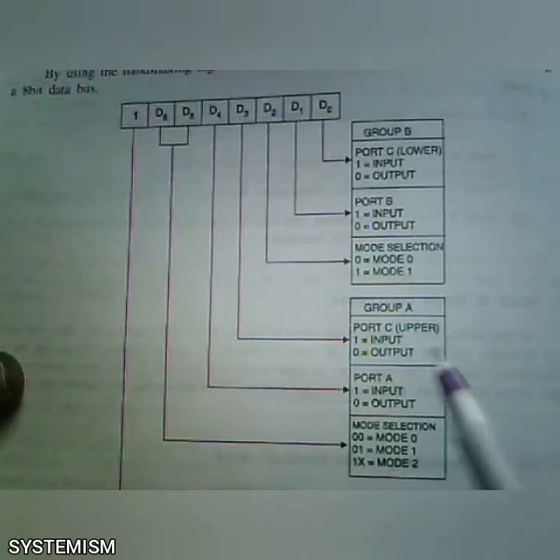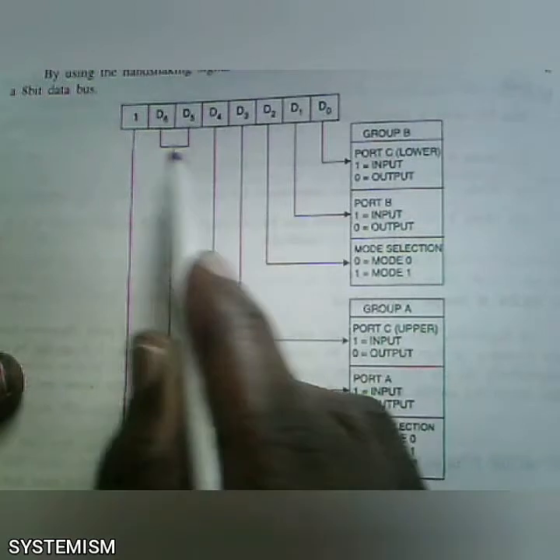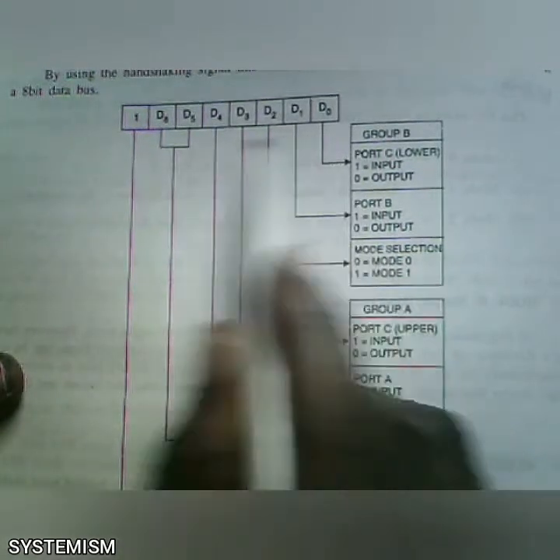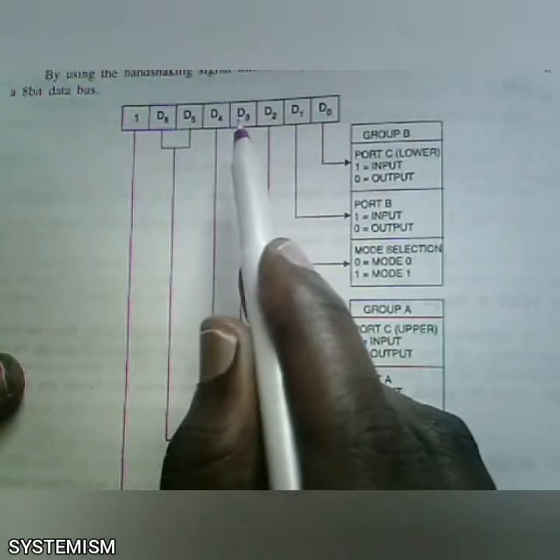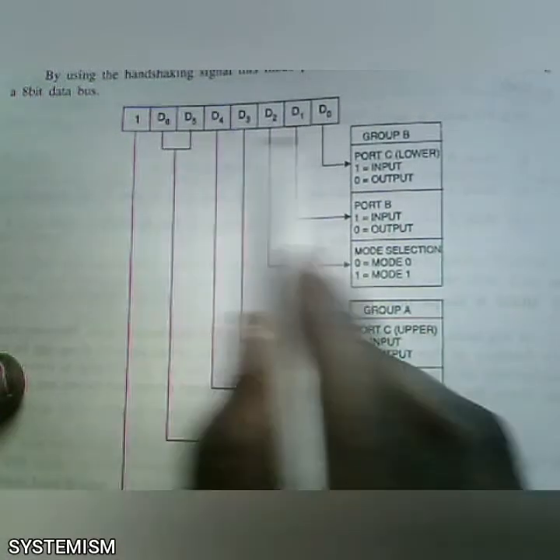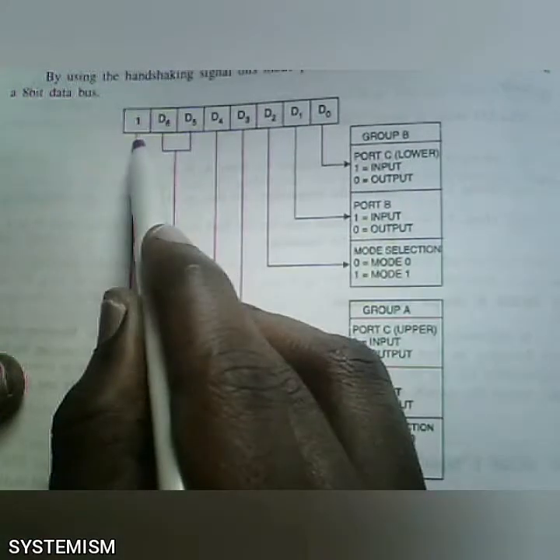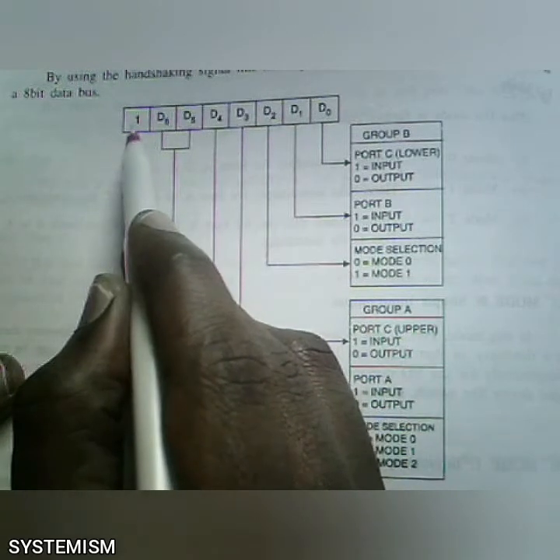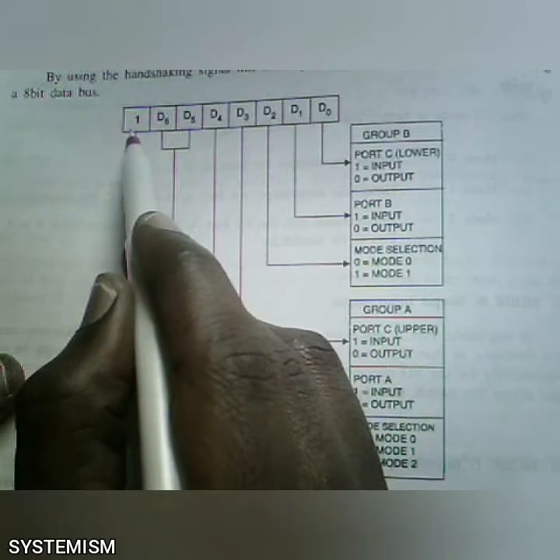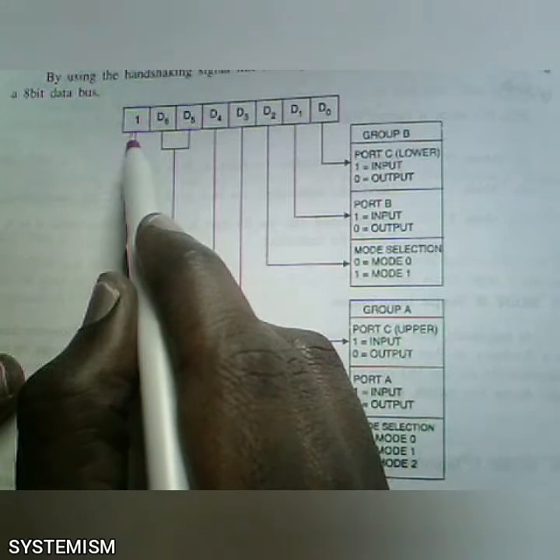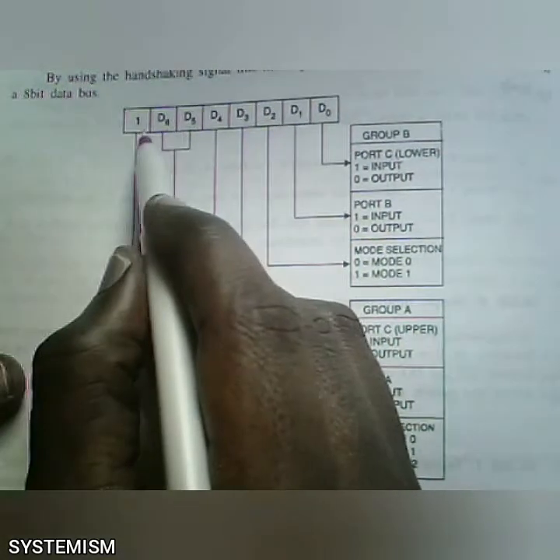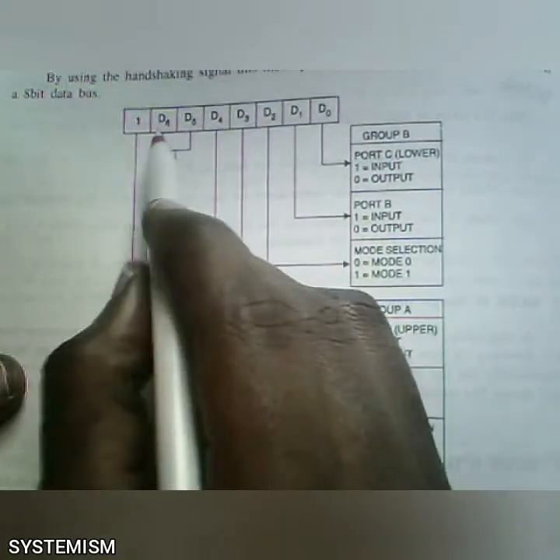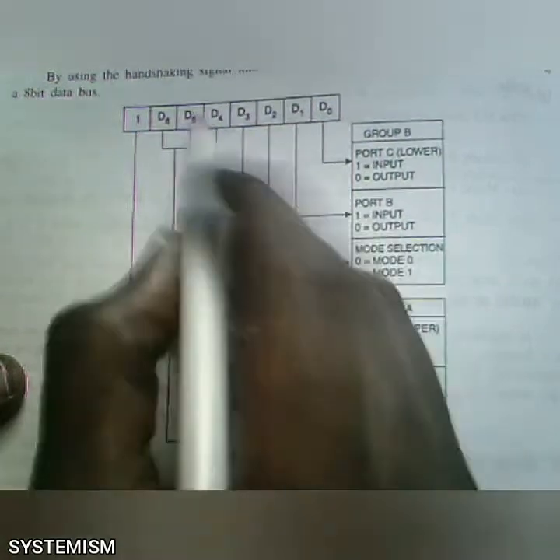Okay, IO mode. So this is our new command word. Okay, command register. Inside that we will put this command word, D0 to D7. See here, the D7 bit is 1. That means it is operating in IO mode. So we have to know about all this data now. So what is this data?